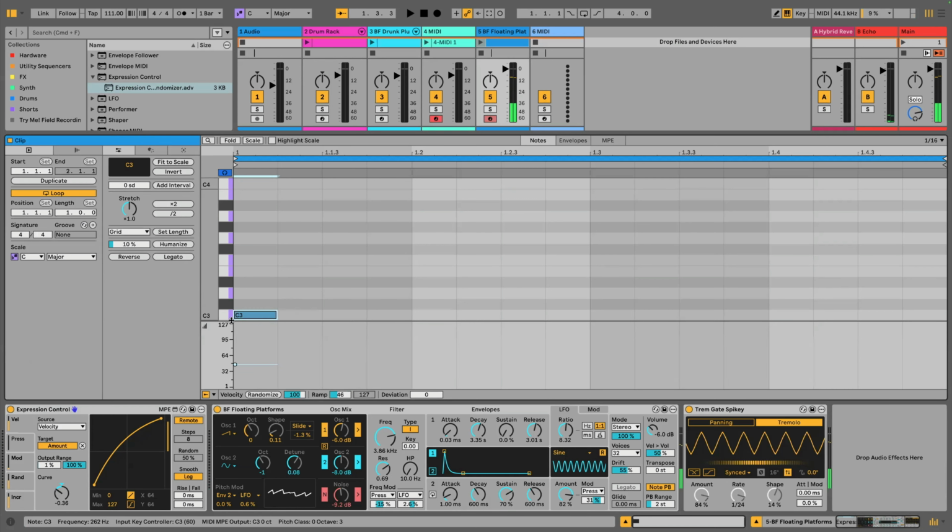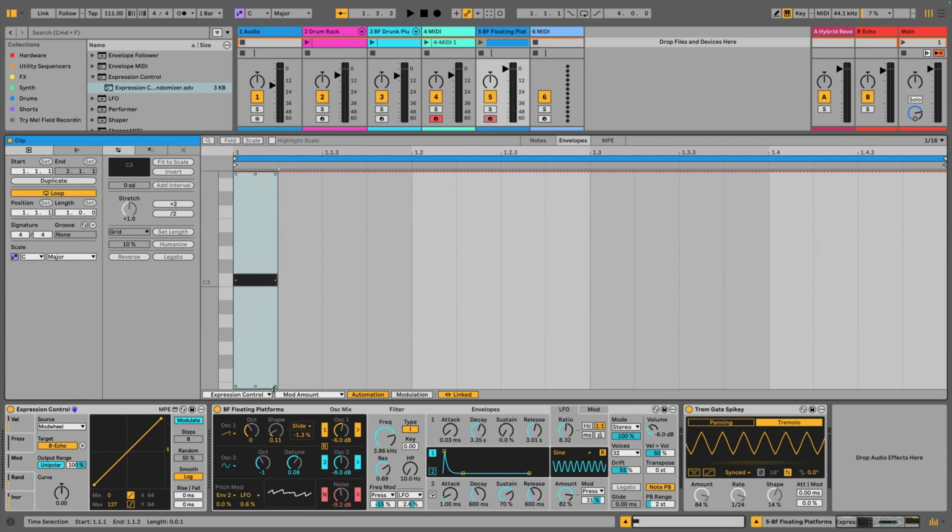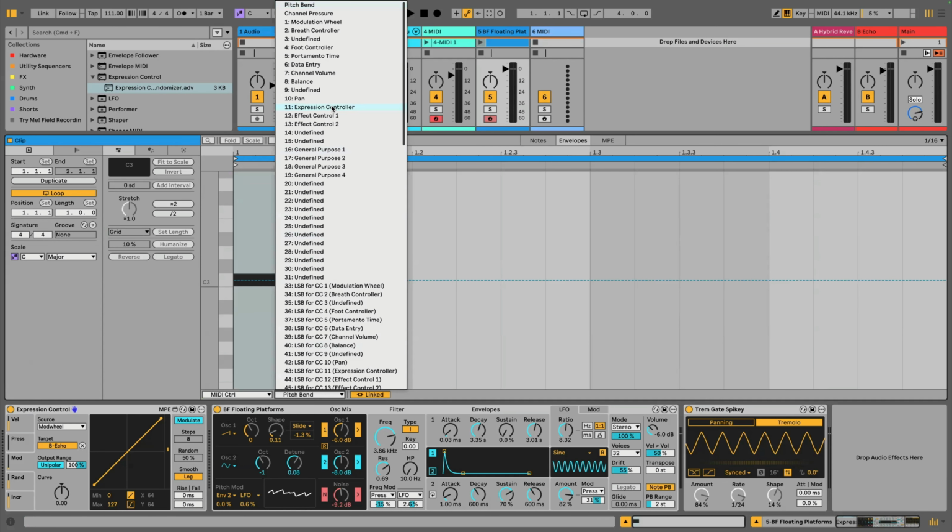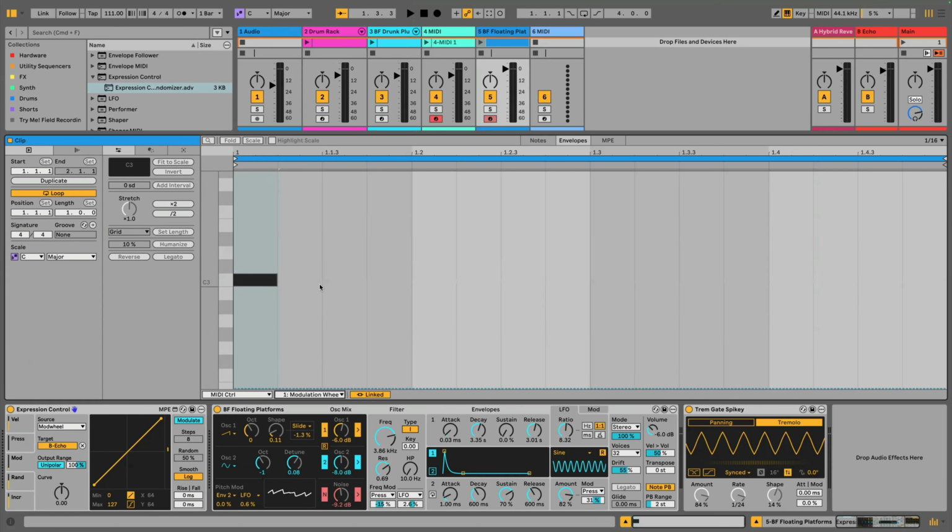So you can program this all in too. Same thing with, say, the mod wheel. We could go into our envelopes and have our MIDI control, and we could find our mod wheel in here. What number is it? It's one. And maybe we'll just have it,